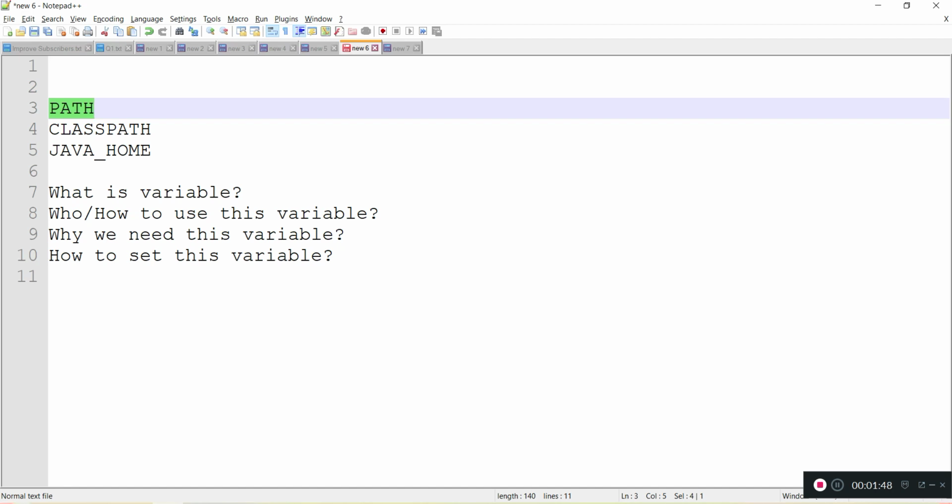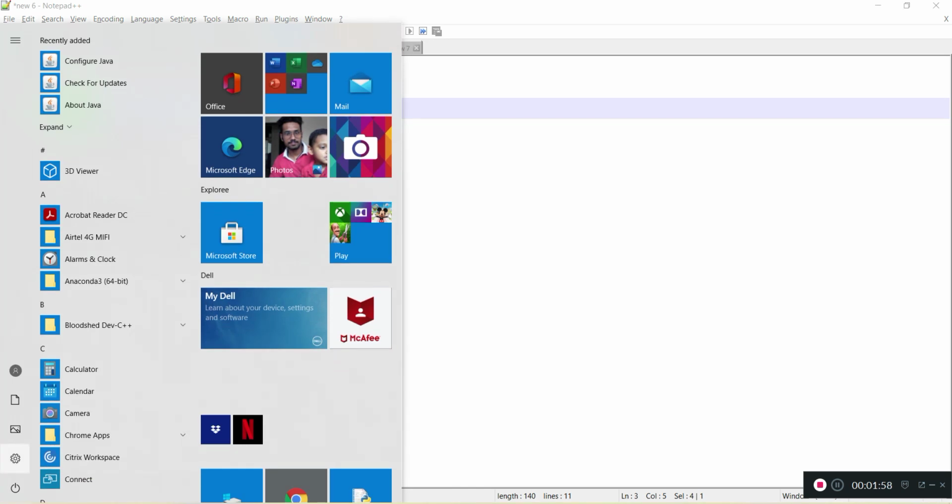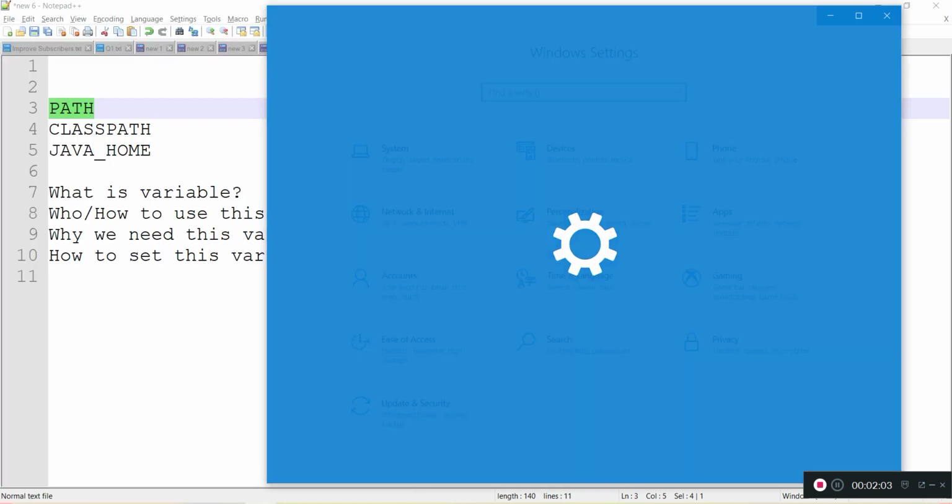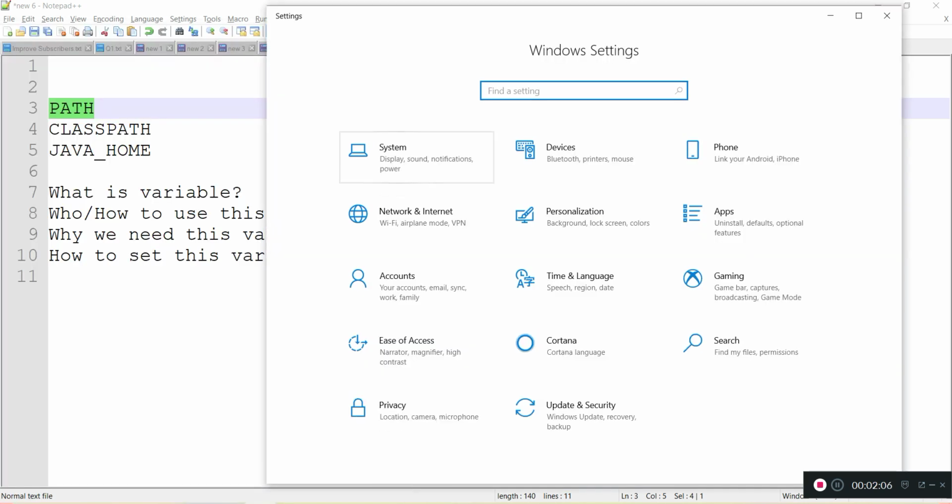There are different ways to get to the environment variable PATH. One of the ways: click Windows, then go to Settings. Here you can see the Settings icon, and from Settings go to System.